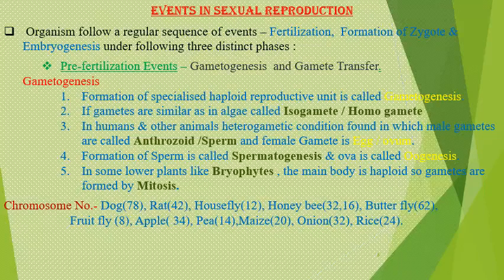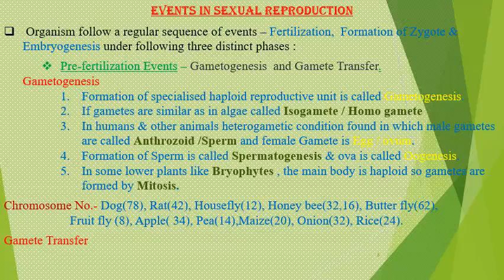In apple, 34 chromosomes, pea 14, maize 20, onion 32, and rice has 24 chromosomes. And what is gamete transfer? Gamete transfer means, as we discussed earlier, that in higher organisms there are male and female gametes, out of these